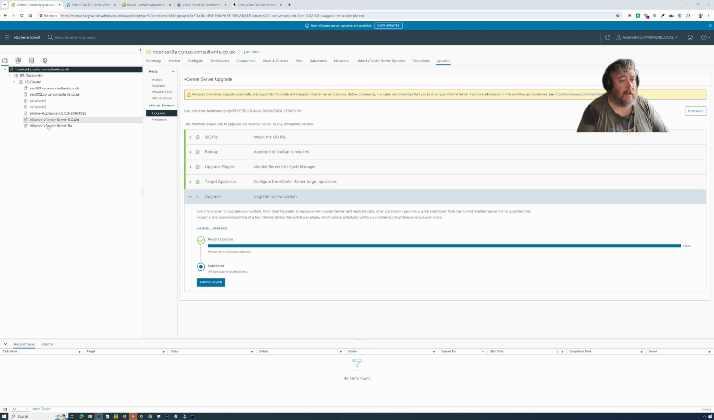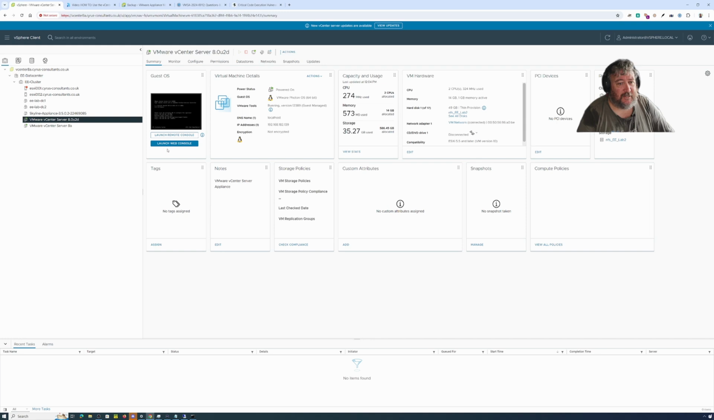But as you can see now, the VMware vCenter Server 8A, this is our original GA version that we deployed, the one that we're using at the moment. And then VMware vCenter Server 8.0 U2D is the freshly deployed, we'll call it the Virgin vCenter server that's got no configuration at the moment. And if we just inspect the configuration, you can see at the moment it's called localhost with the IP address of